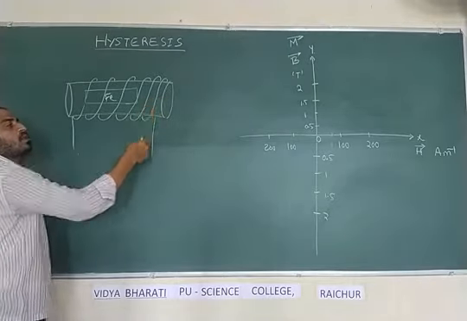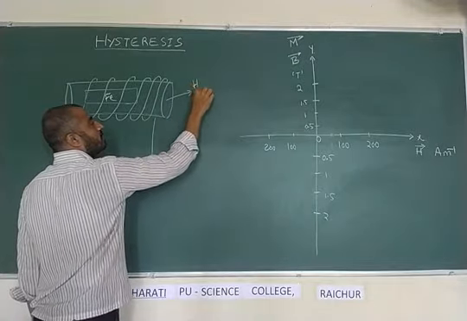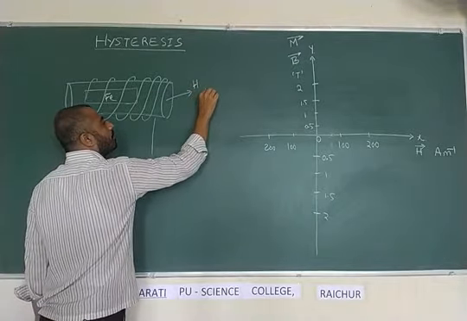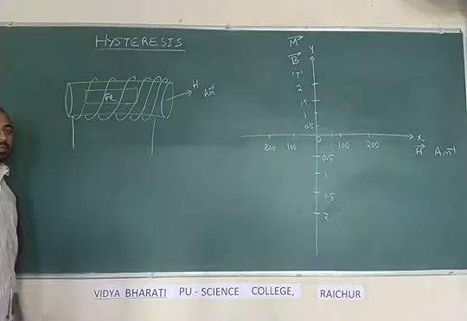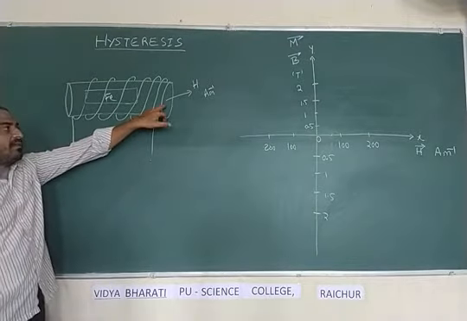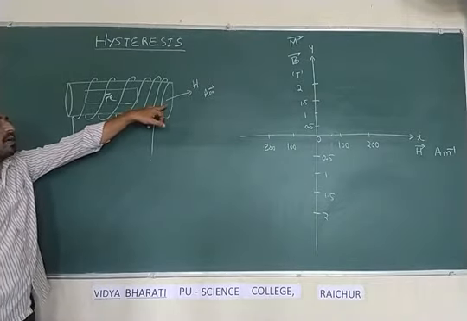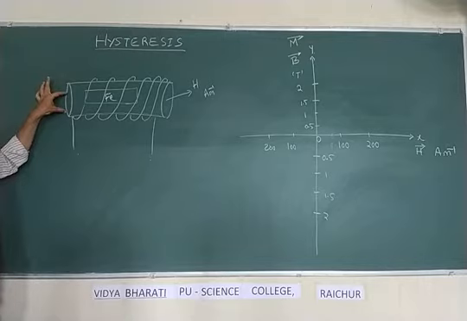The magnetizing field intensity, where do we observe that? Inside the current carrying solenoid. That is H, in terms of ampere per meter. This is the magnetizing field intensity, the field established inside the solenoid. Now, once the field is established inside the solenoid, what does that established field do?